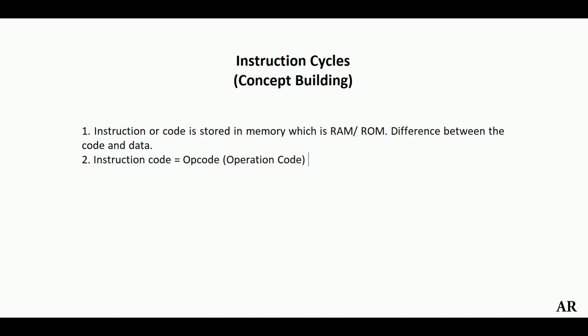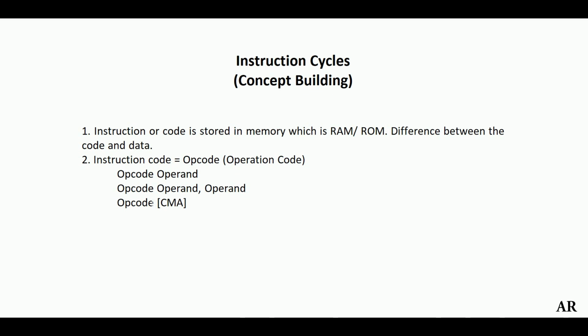So usually the instruction code will be in this format. You'll have an opcode followed by an operand, or you can have this format also: opcode, operand, comma, again an operand, and in certain cases you'll have just an opcode. So let us take an example for each of them. For an opcode alone, one example is CMA, that is, complement the contents of accumulator. It is a standalone instruction. Here you don't need any operand. That is why it also falls in the implicit addressing mode.